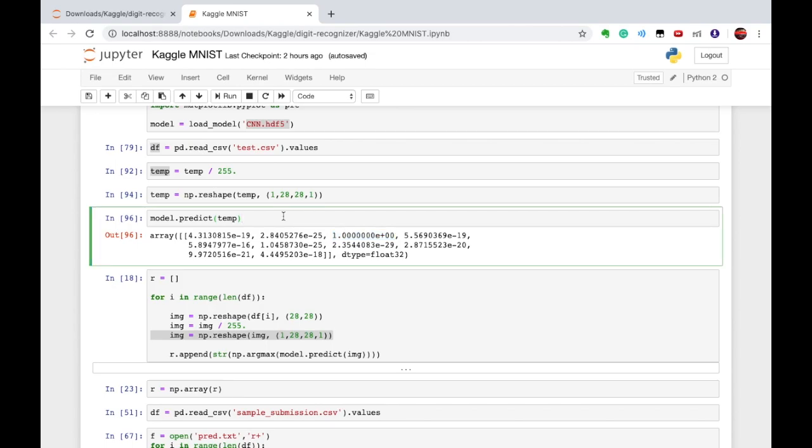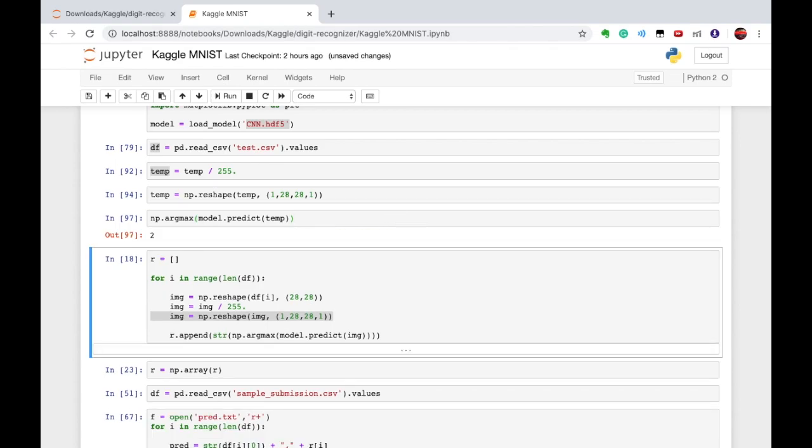Okay, so I'll use another function which will give you the index of it: np dot argmax. This will return you the index of that particular element which has the maximum probability. So if I execute this, I'll get 2.